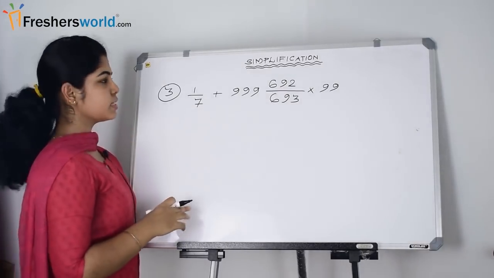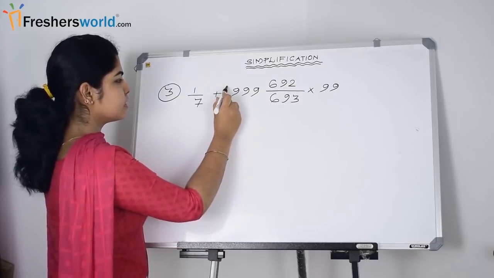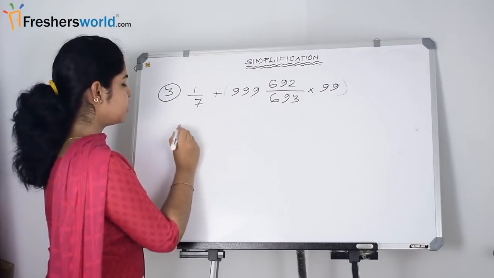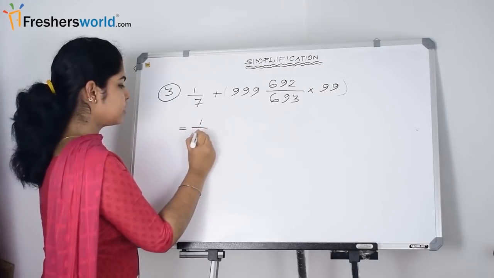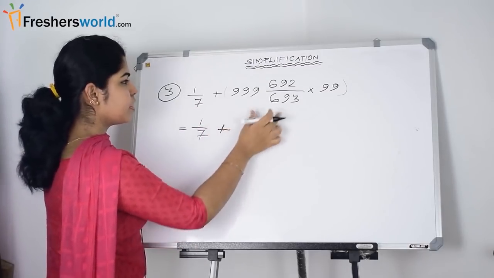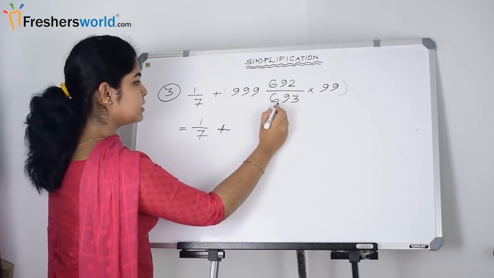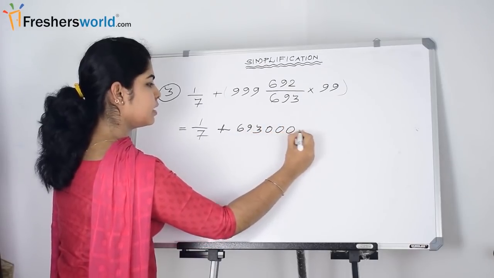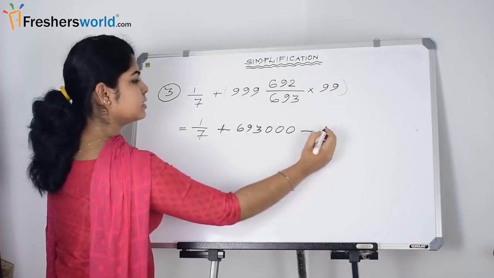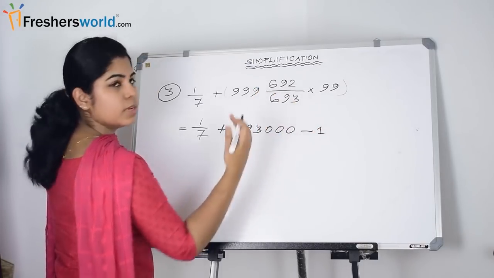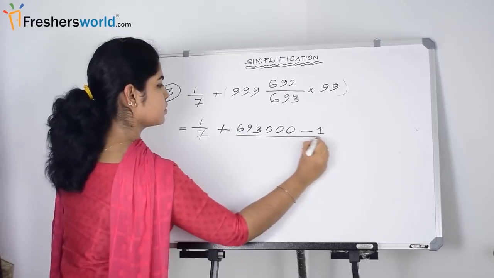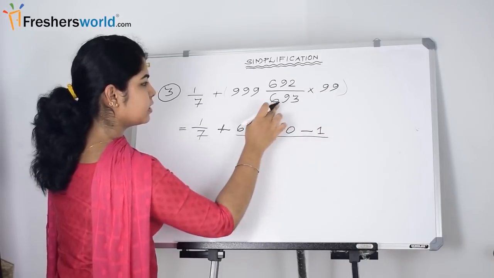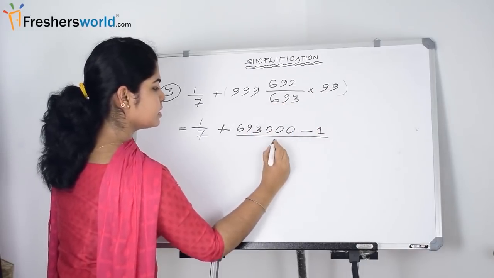Okay, so this is the next question, and here see, this part is same as what we solved previously. So let us solve that. So I am just writing this as same. Now we are going to solve this with the formula, that is, here the denominator part is 693 and it is multiplied with 1000, then subtracting the added value. Here it is 1. 692 plus 1 is 693. So the denominator part is like 99 cancels and 693 gives 7.